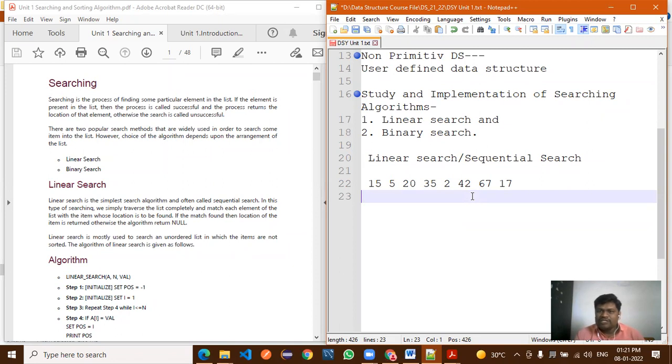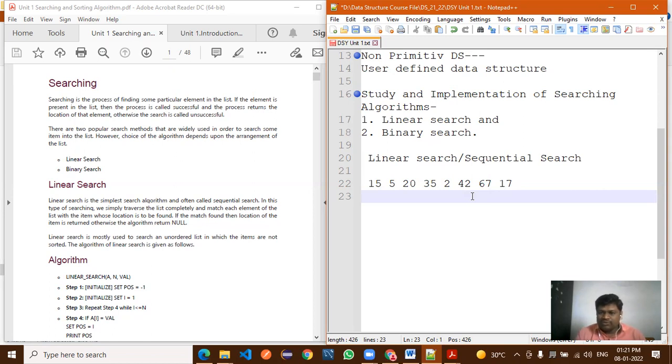If the list is in an ordered manner, then you use binary search. All of you remember this: if the list is non-ordered, you use linear search, and if the list is ordered, you use binary search.